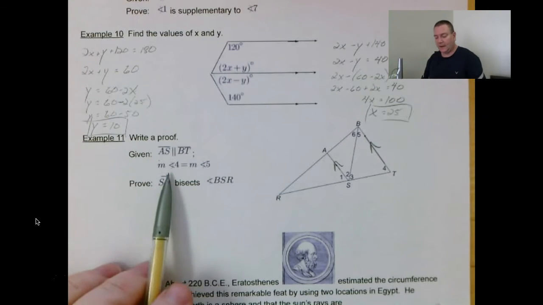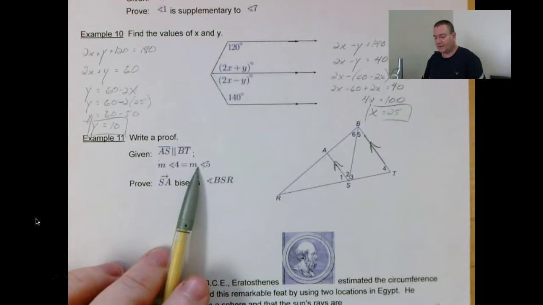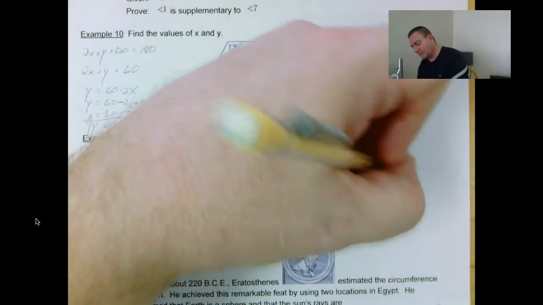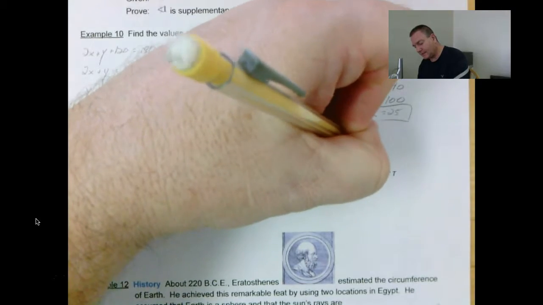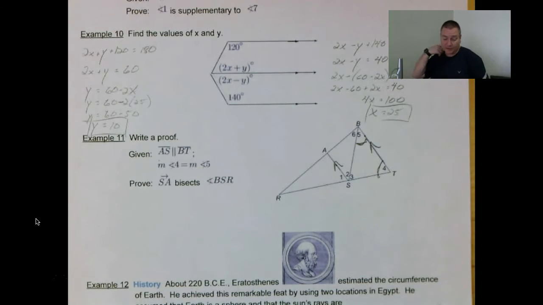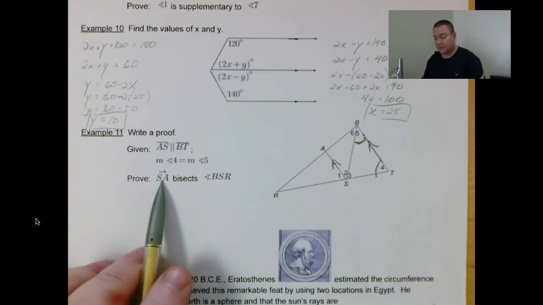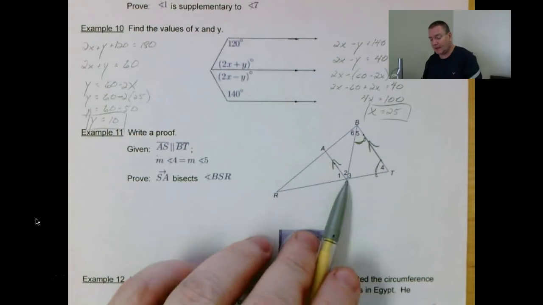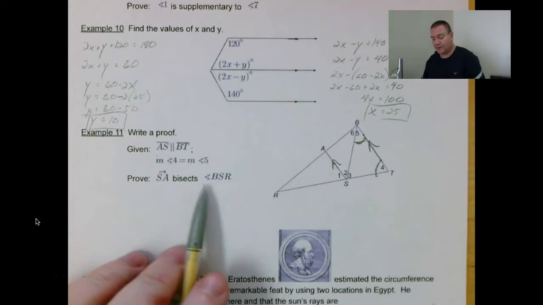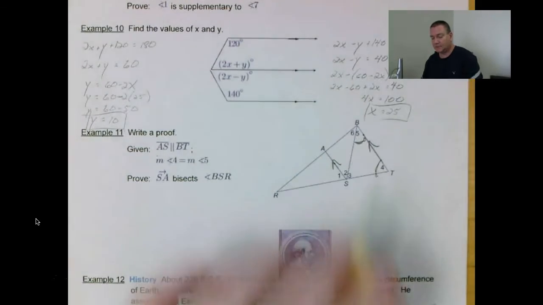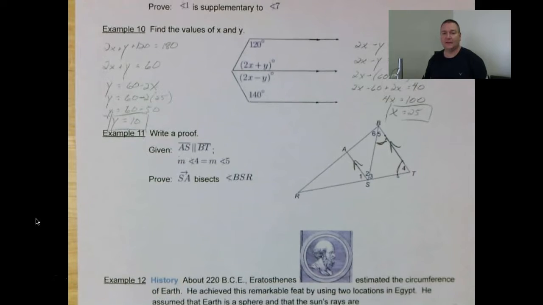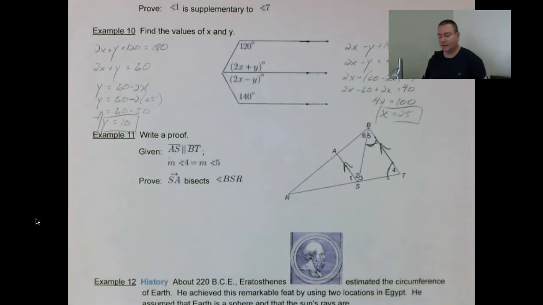Normally I won't. Angle 4 and angle 5 have the same measure. Let me mark that. Angle 4 and angle 5 have the same measure. Our goal is to prove that ray SA here bisects angle BSR. So if we do a little backwards thinking, backwards solving the problem, to start with what it is I'm